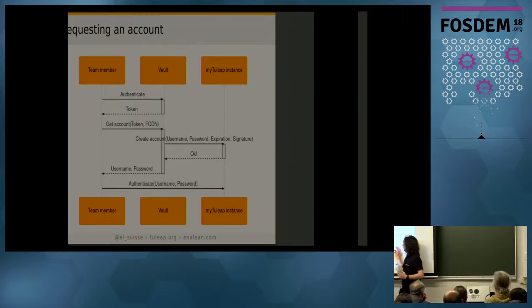But of course, if a team member gives the generated username and password to another team member, you can't really do anything about that. The only thing you can do is create a really short-lived account. So basically, we create a half-hour valid account, so even if the credentials are given to someone without authorization, the exposure time will be short.